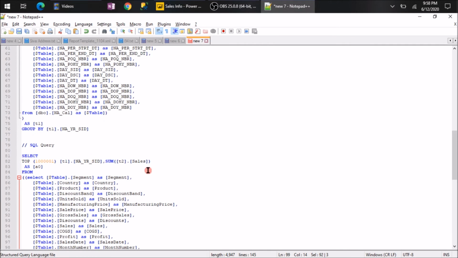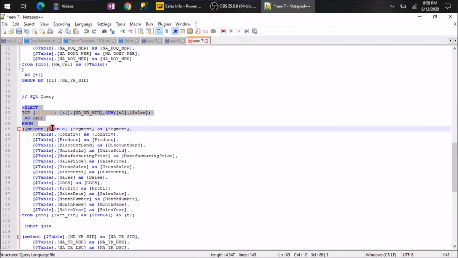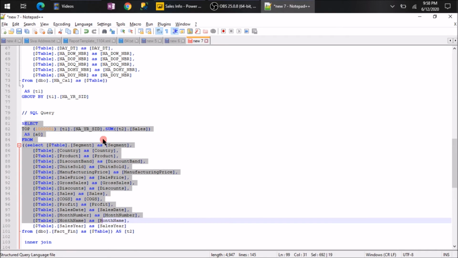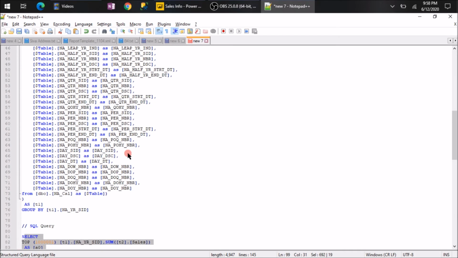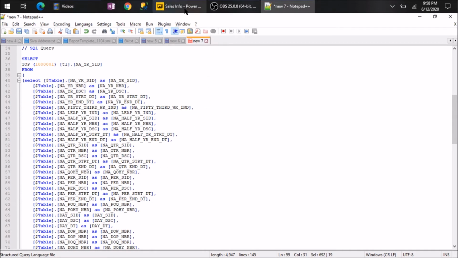So ideally what happens is it is just joining the fact table and the calendar table and getting sales for the year, and then separately counting the distinct super segments and then adding it to the table. So it is basically a cross join between the super segment counts and year-and-sales.